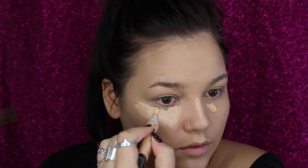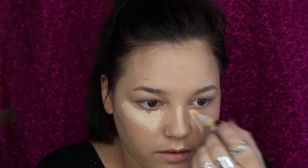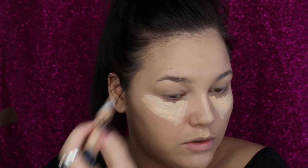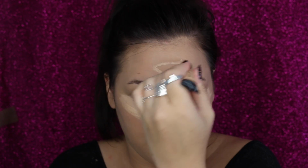So I use the flat side and I just put a little bit through. I push a little bit through the brush and I just apply this down the center of my nose, on my cupid's bow. I take it on my chin. Because I do use a lighter concealer, I do like to use this as a highlight as well while concealing. So I do apply it in a triangle shape like so, as this is the shape that will give you the most dimension,